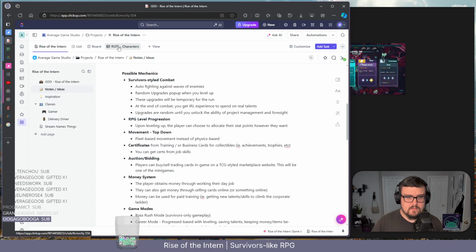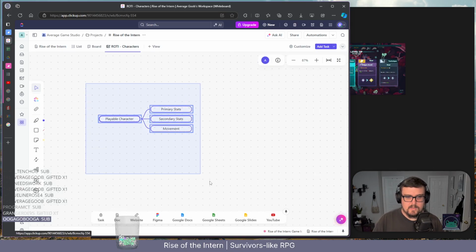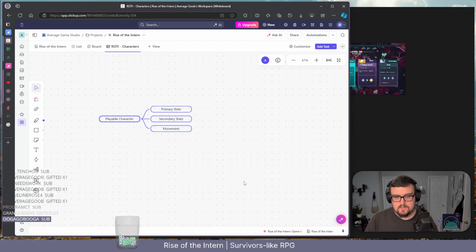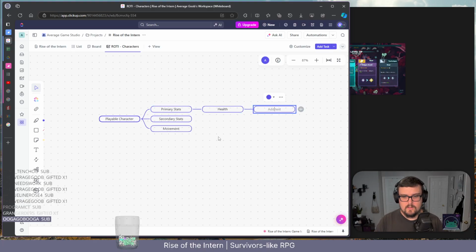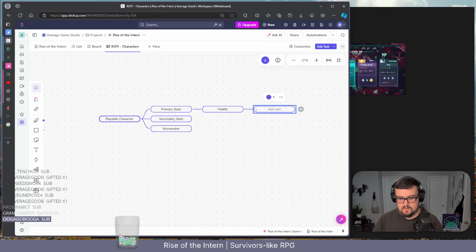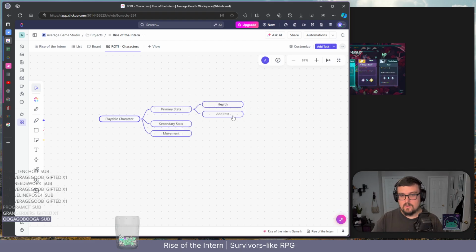And I have this little mind map that I started. I was just testing to see if ClickUp's mind map would work. I can hide that. So I started with the player character, the primary stats, and we can add health. I don't know how to do one in between. This is why I was thinking about using another mind mapping software, because the other ones allow you to use tab and enter to make different nodes. Oh, it does the same thing. It just didn't work. So health,